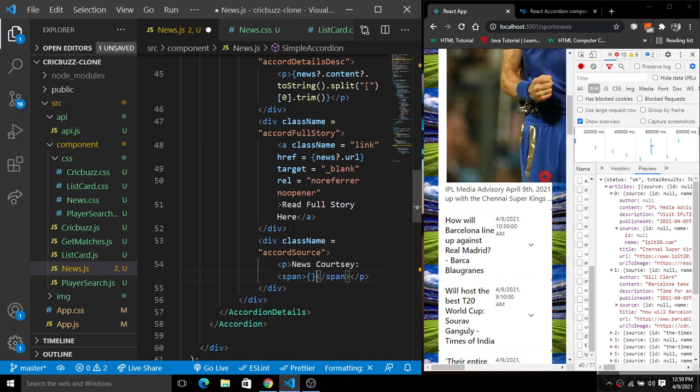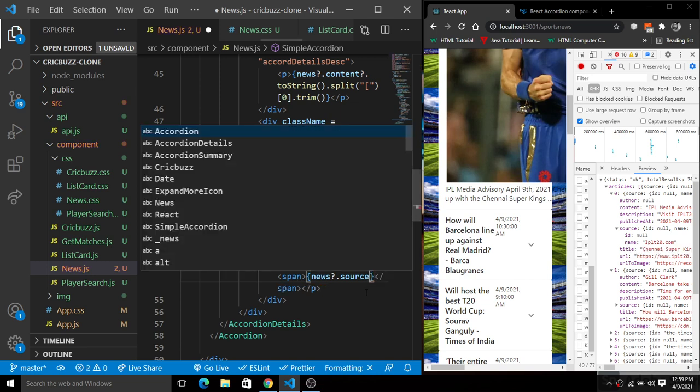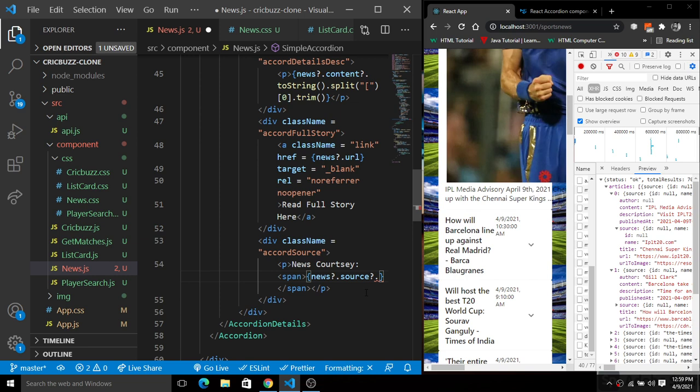So okay, let's put inside of this curly bracket news question mark dot source. We have this source inside of this news, and next inside of this source we have a name. So we have source and dot, and here we'll put a chain concatenation also, and next we have this name also there. Okay, so we have these things here, right? So we have a